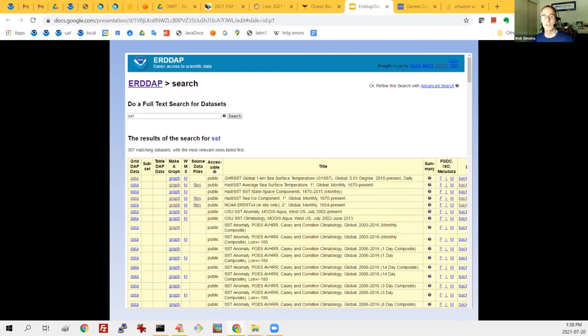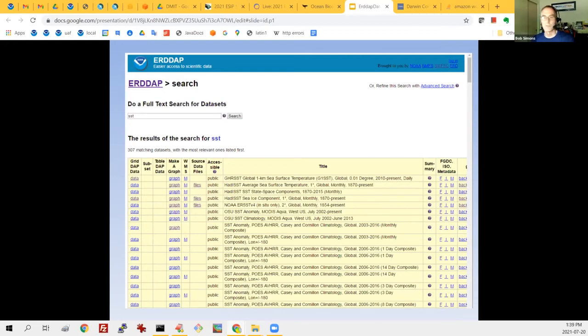The files links lead to a virtual file directory so that you can download the individual data files, etc. ERDDAP treats data sets as either gridded data sets like satellite data or global model data, or as tabular data sets. So for CSV files, obviously these are tabular data sets.